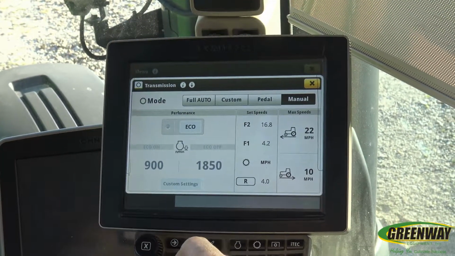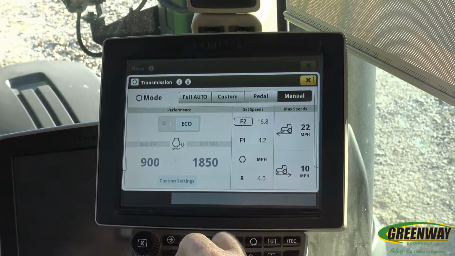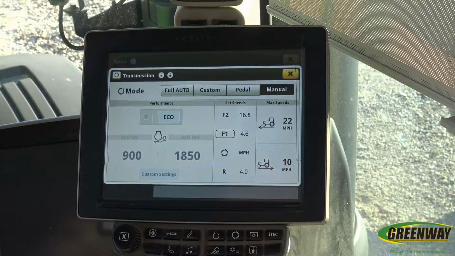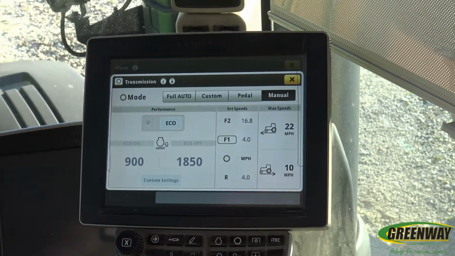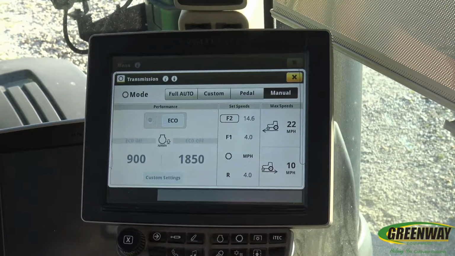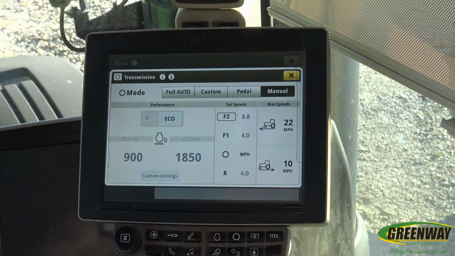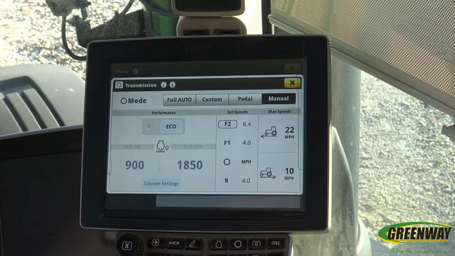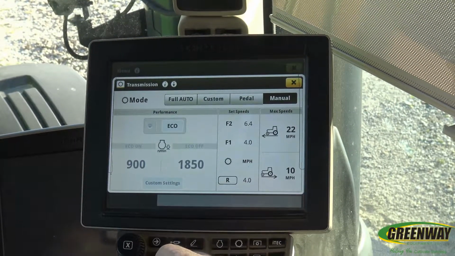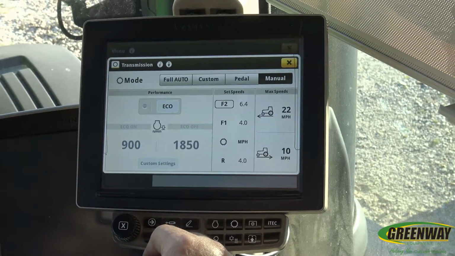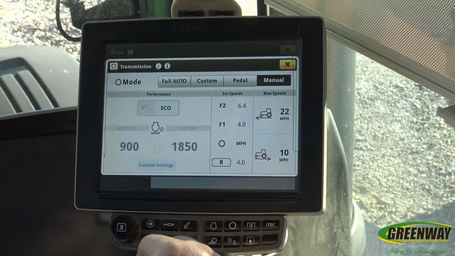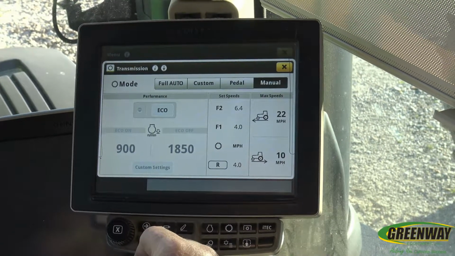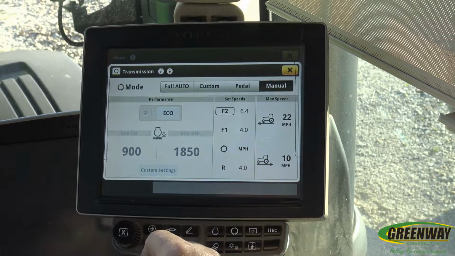Now, some might want to know, well, why would we want to adjust our F1 and F2? If you're using it in an application, say planting for instance, you want your F1 set possibly at 4 miles an hour for planting. Then once you get to the end of the row, maybe you want to speed up in order to make a quicker turn, and you want to speed up to 6.5 miles an hour for your turn, or 6.4. You can adjust those that way. So when you're planting, you can have it fully in F1 all the way up. When you get to the end of the row, you can go into speed band 2, shove it all the way to the front, and that way you can increase your speed while you're turning